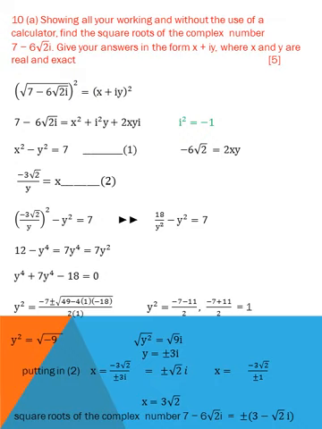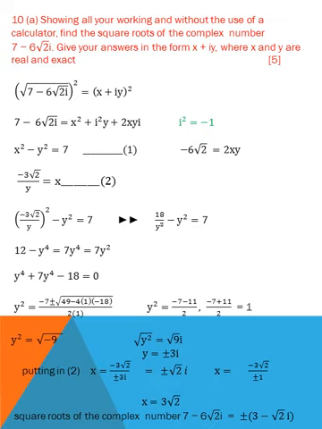From equation number 2, x is equal to minus 3 under root 2 over y. Put this value in equation number 1. I will find that 18 over y square minus y square is equal to 7, so it will become y to the power 4 plus 7y square minus 18, equal to 0. By mistake I said y to the power 4; it's a 7y square. Then I use the quadratic formula.